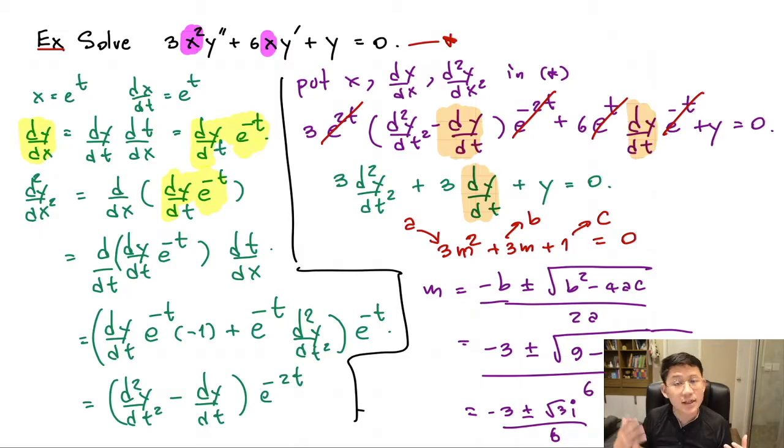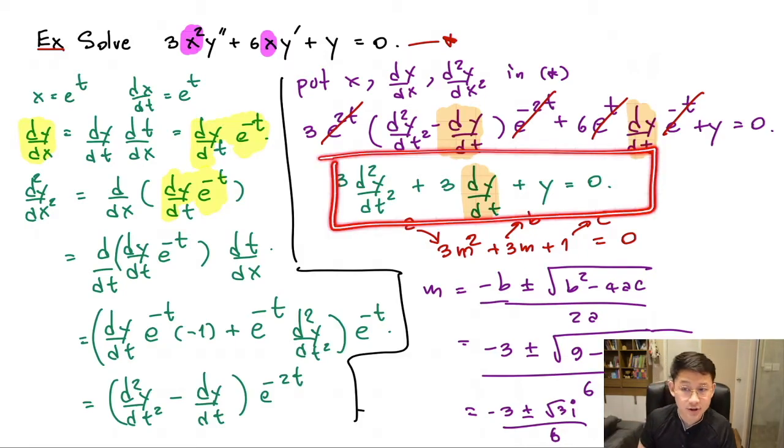So you let x be e to the t, and then you find dy by dx and the second derivative of y by x. If you have a third derivative term, you need to find the third derivative of y by x, and so on. After that you just put all the derivatives and x into this equation, and then you will end up with